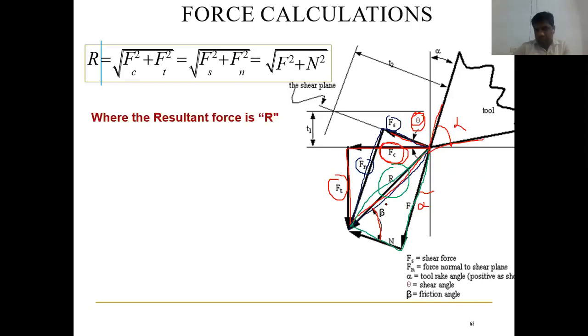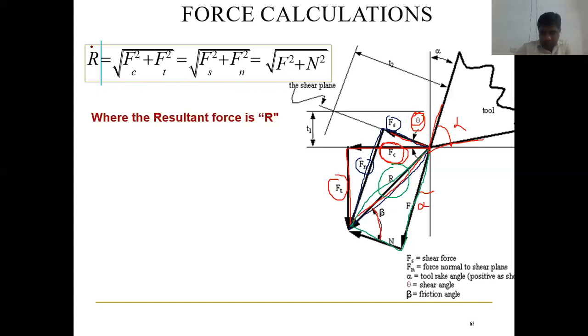So alpha, beta and theta, all these angles you know. When you know all these angles, and you know this merchant circle diagram, and you know FC as well as FT, the other forces you can calculate very easily with the simple trigonometric principle. All three are right angle triangles. In that, R is nothing but the hypotenuse for all three triangles. Depending upon the angles, the beta angle, theta angle as well as your alpha angle, you can calculate the other sides of the triangles also. So in that basic thing, we are assuming that you know FC and FT.